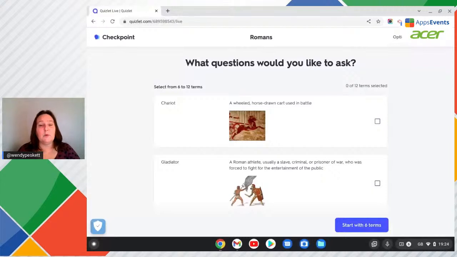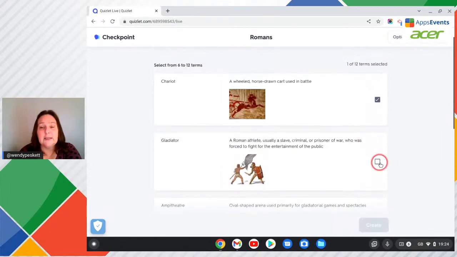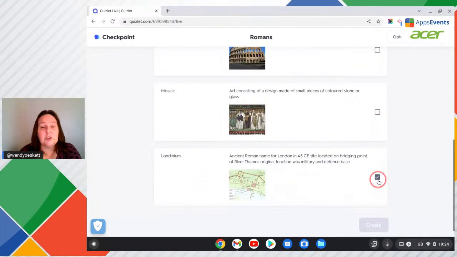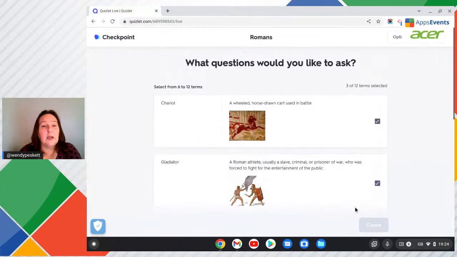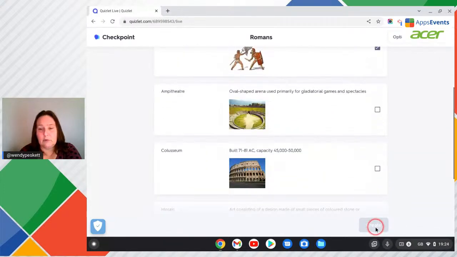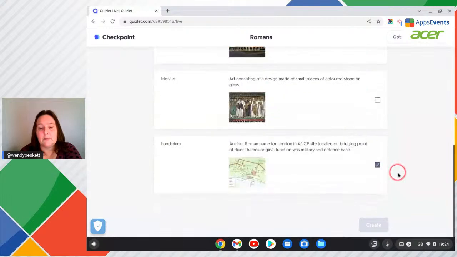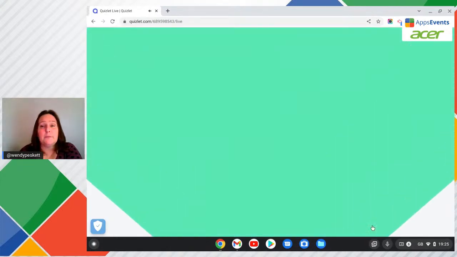Whereas the original game I would use to liven up the class and just get a bit of energy going in the class and a bit of competition. But what I like about this, if I had a group of 100 terms in here, if my learning set was 100 words, obviously that would be too much for a checkpoint. So I can just go in and say, well, actually, I only want to test as a quick exit ticket 4 words. So I can just create that set with them, and it will let me do that. For some reason, oh, okay, maybe it'll only let me do 6 as a minimum. So if I had 100, I could select 6 from it. But like the original game, I've still got to create 6 individual words from there. So if this is a longer one,